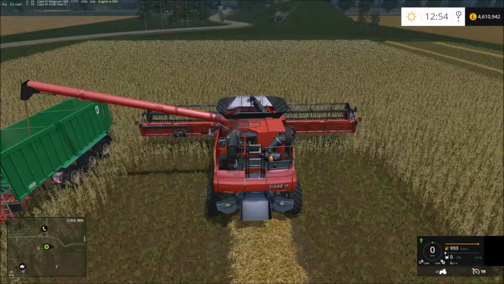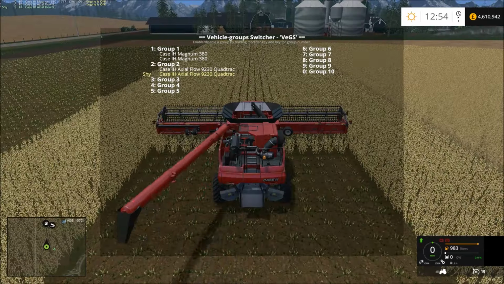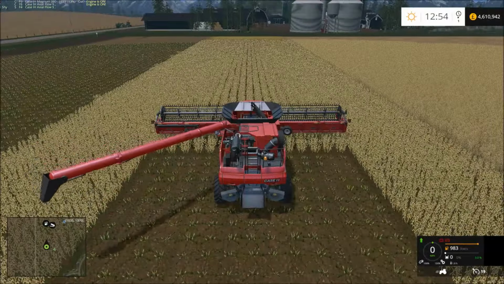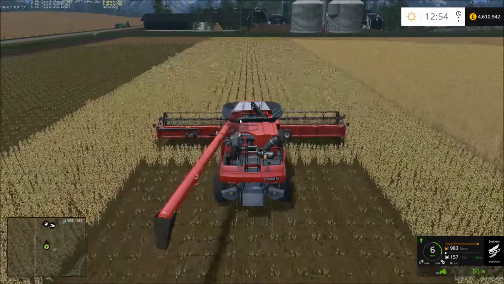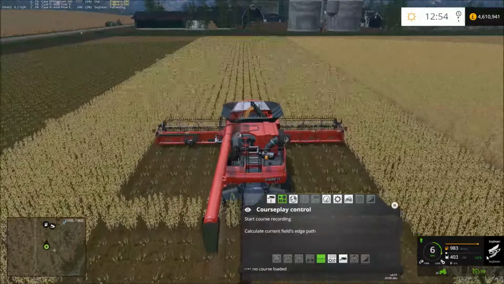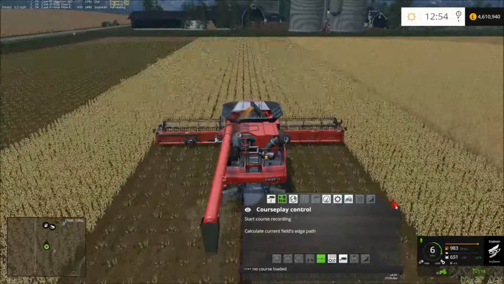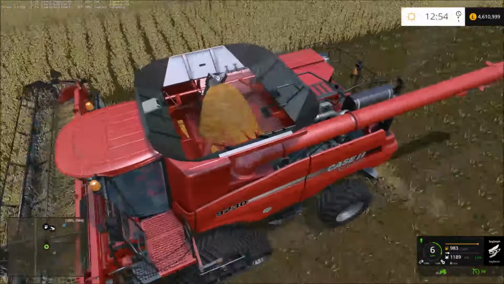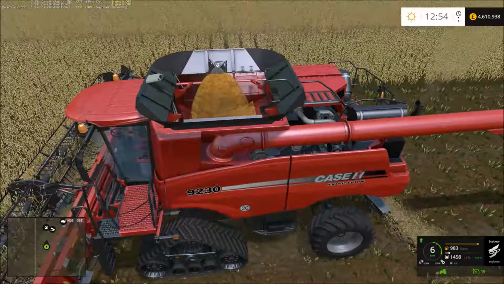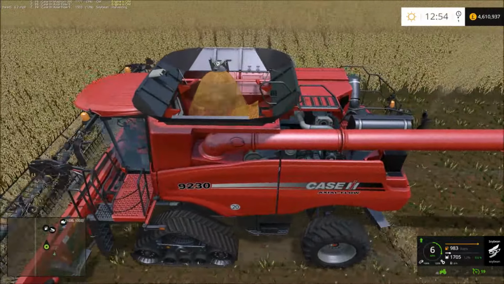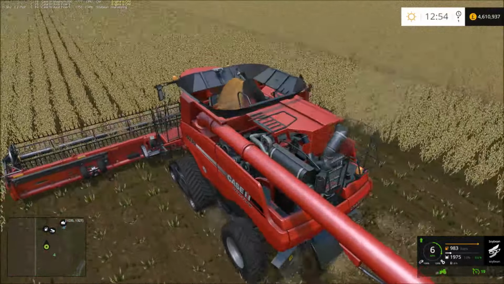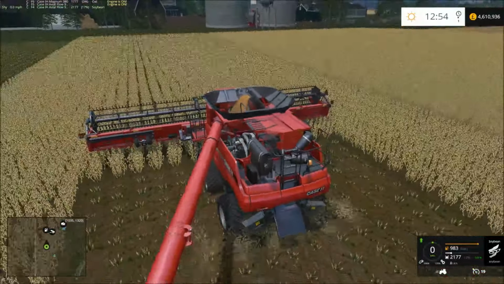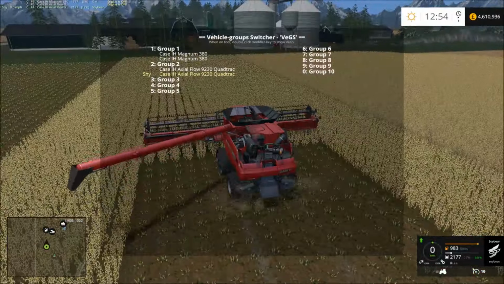If we switch over to our other combine, is on soybean. Again shown down here on the right hand side. See that it has soybean fill plane and particle effects. So if we stop that, grab my other tractor,